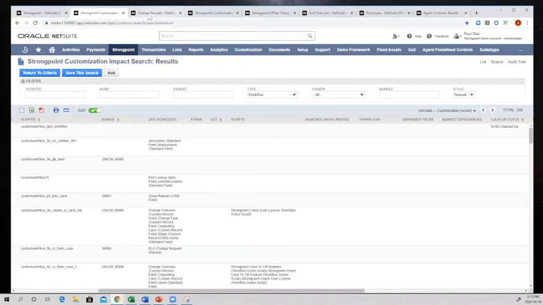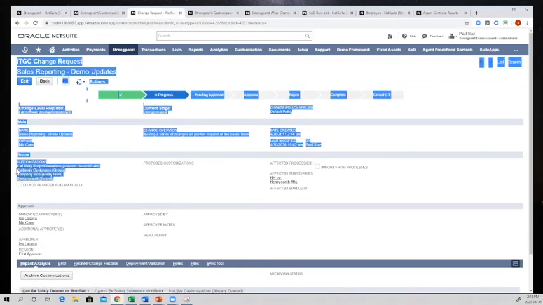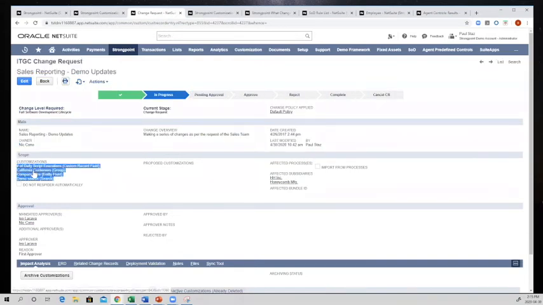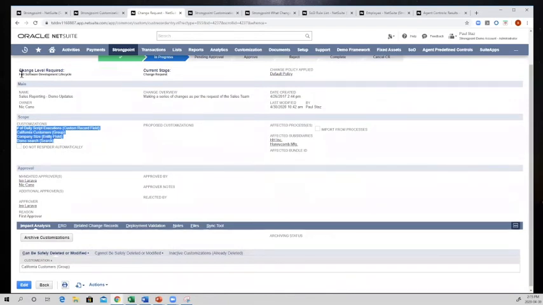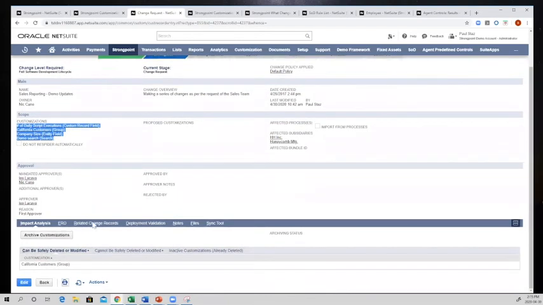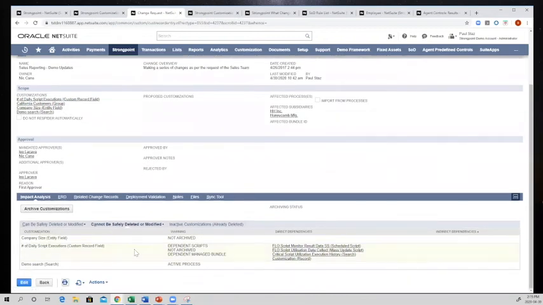So we do have a change request and approval, and you can build in custom policies or controls here. And inside our change request, what you can do is select a group of customizations that are going to be in scope for a particular project or ticket. And then what Strongpoint will automatically do is tell you the level of change control that's required, the approvers that are required, and then we'll break out whether or not those customizations that are in scope can be safely deleted or modified or not. And here you see that 3 of the 4 should not be, according to our recommendations,